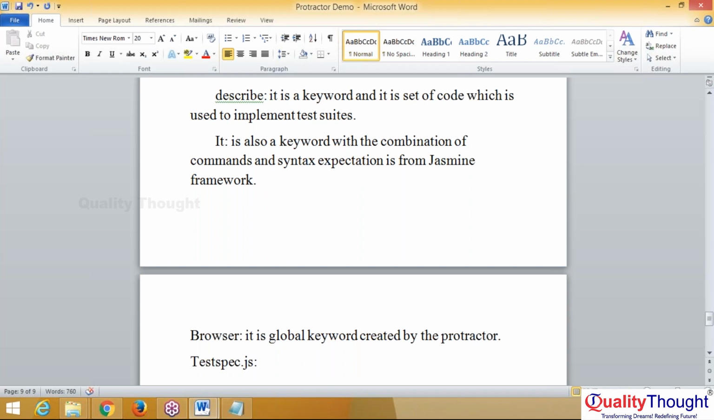It is a global keyword created by Protractor, meant specifically for Protractor script design purposes only. The direct keyword, which is nothing but browser, has been created. If we are using browser, by default it will open the expected browser and execute the script that we need. That is the reason it is a global keyword created by Protractor,